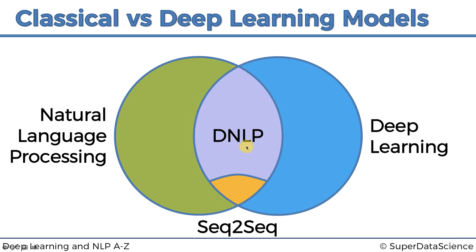Those are the very advanced types of natural language processing models which use deep learning. And then finally at the bottom here, we've got the sequence-to-sequence models, which we'll be interested in at the end. And so I thought that this tutorial would be fun if we had a look at a comparison between a couple. So we'll look at a couple of examples from here. We'll look at an example from here, and then finally we'll mention the sequence-to-sequence,